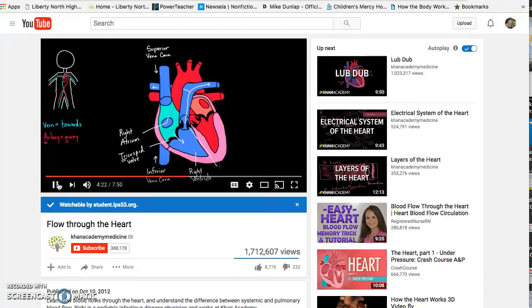So this is a valve right here called a pulmonary valve. Pulmonary valve. And it gives you a clue as to where things are going to go next, right? Because the word pulmonary means lungs. And so if this is my lung on this side, this is my left lung, and this is my right lung